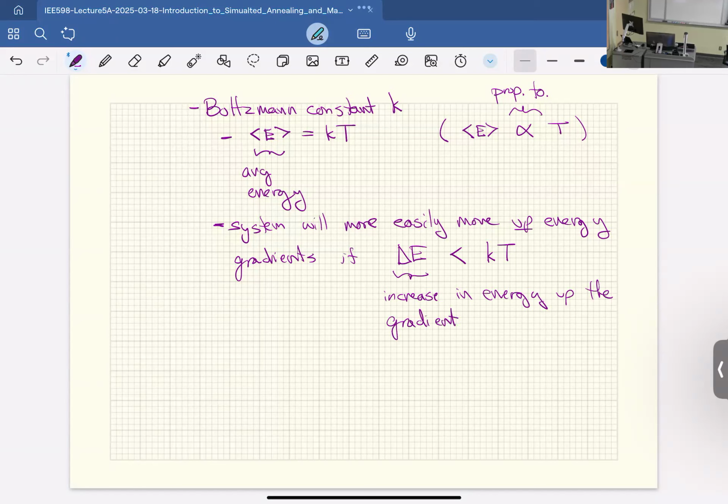So if you're sitting at the bottom of an energy potential, at the bottom of a well, and you look up the well, it's kind of like gravitational potential. As you move around, eventually you get so high on that well that you just don't have enough energy to keep climbing up the slope, and you fall back down. So that is kind of this threshold where it'll be very easy for you to access certain heights low at the bottom of the well, and above that it's just very difficult for you to get there. Even with a running start, you're just not going to be able to get there.